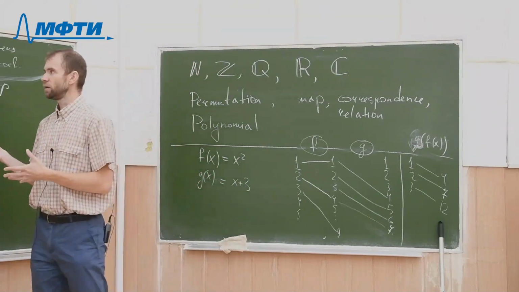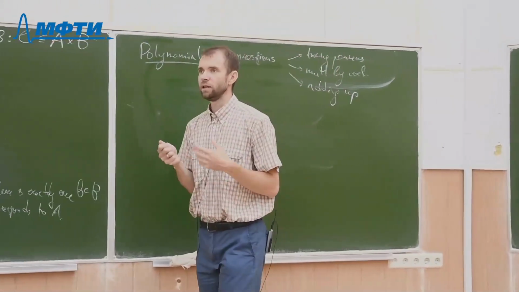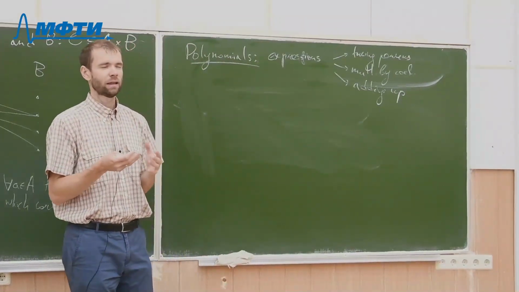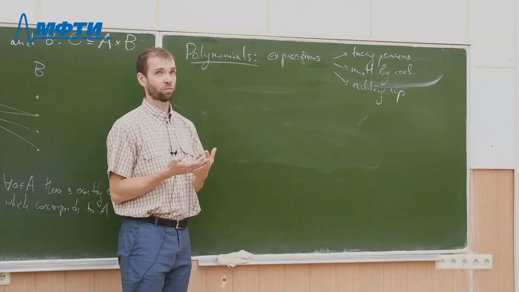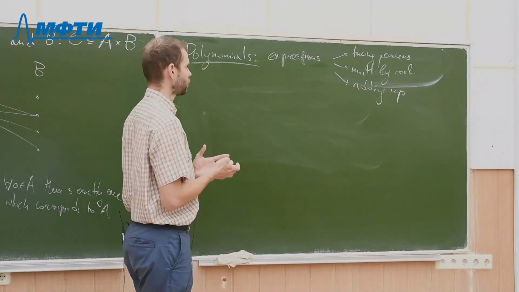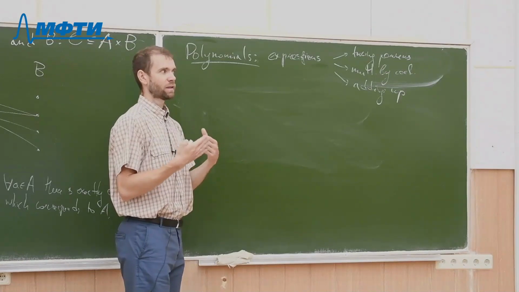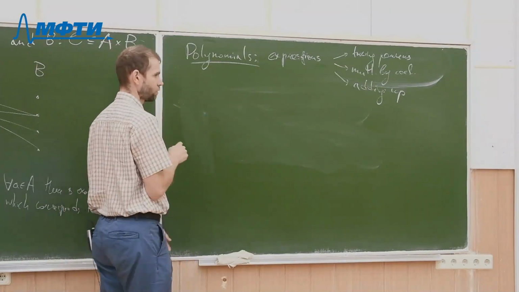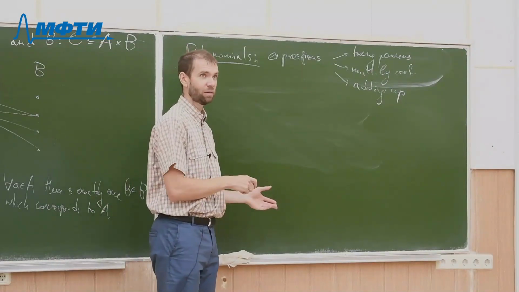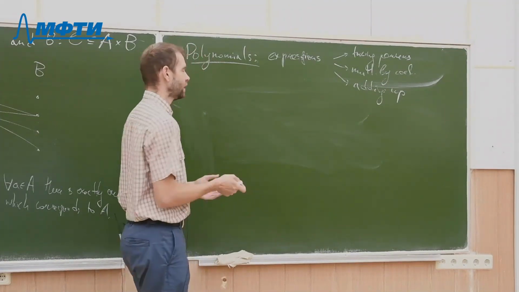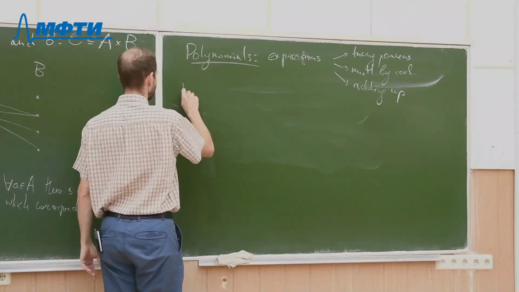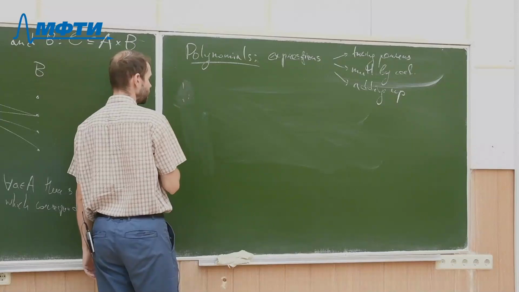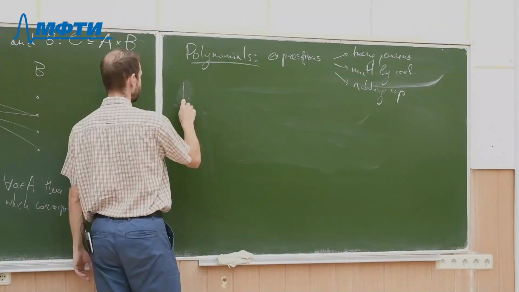Now for polynomials, for this object, we also can restrict what set we take our coefficients from. So we actually get a definition of a polynomial over some set. For now, I will not talk about polynomials over a ring, because we haven't yet studied what a ring is. But let's already provide the notation, and call it for now